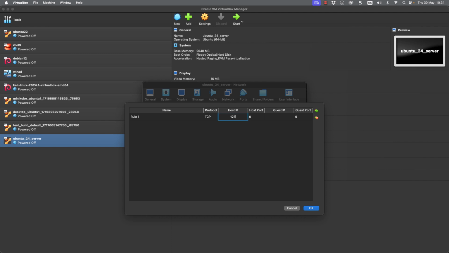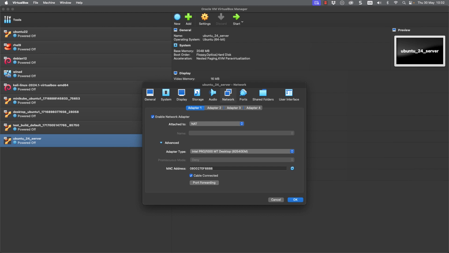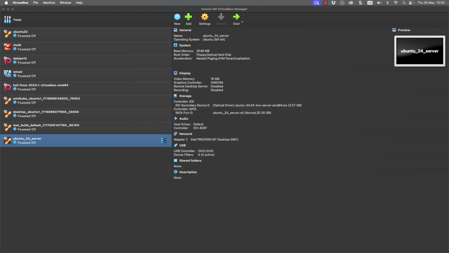The idea of this is to allow me to SSH into my machine using the port forwarding. So for my host IP address, I'm using 127.0.0.1. And I'm just using a random port here, 3333, so I know it's not going to be used by anything else. And then the guest IP I'm putting in is 10.0.2.15, which is the default address that will be used for your virtual machines, and port 22. We can remove this later before we look at imaging it, but it's going to help when we build our golden image. It's what we're concentrating on in this video. So with that done, we can go through and start our machine.